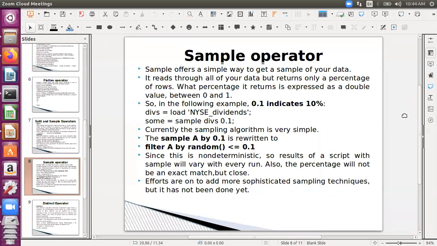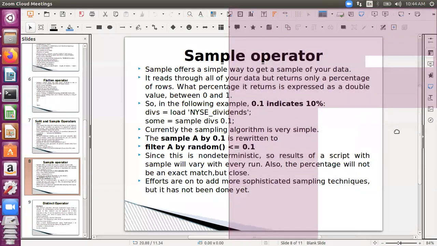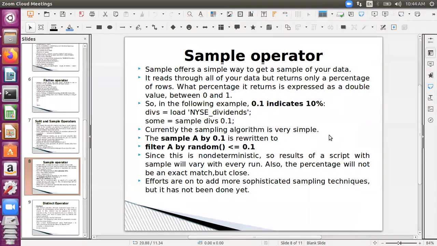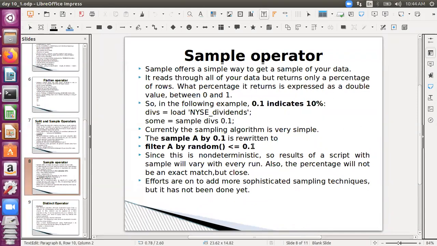As you know, this random function is non-deterministic, so your sample will vary with every run, and the percentage would not be an exact match, but close. This is not a very sophisticated sampling algorithm. It's a simple one, a random function that you use in Python also. Efforts are on to add more sophisticated sampling techniques, but right now we have only this random function. So can I copy it from here?